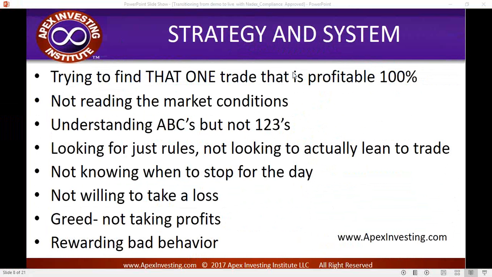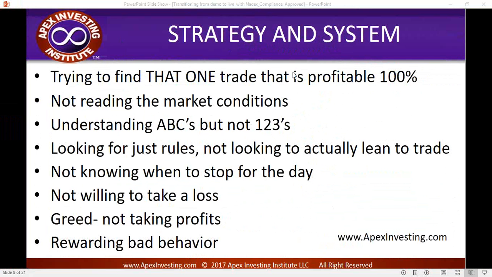You're never going to find the holy grail system that wins, that's profitable 100% of the time. You need to find a strategy or system that has a good percentage of probability and good risk-reward ratio, and combine the two together. We talked a lot about that over the last couple weeks. If you rewatch those webinars, it's not just one or the other, all right? So from there,